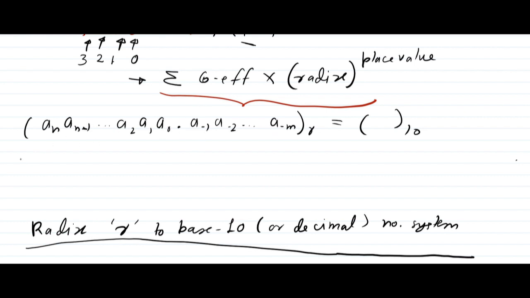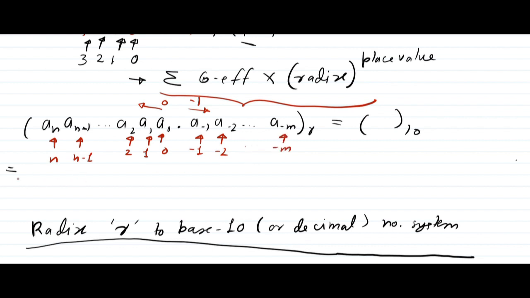Just use this rule. According to this rule, what will I have? For that I have to see the place value, right? So this is the decimal point. This way I will move from 0, and this way I will move from minus 1. So this place value is 0, its place value is 1, its place value is 2. Likewise, its place value will be n minus 1, and its place value is n. And here I will move, so its place value is minus 1, its place value is minus 2, and its place value is minus m.